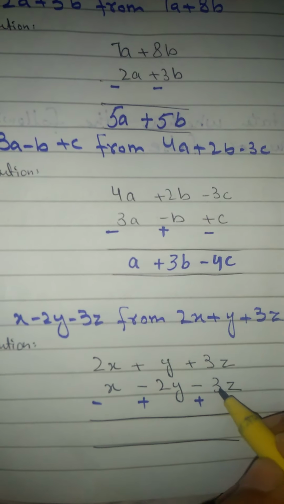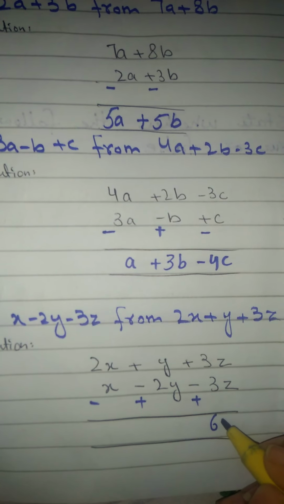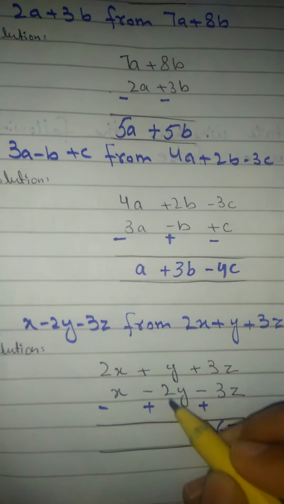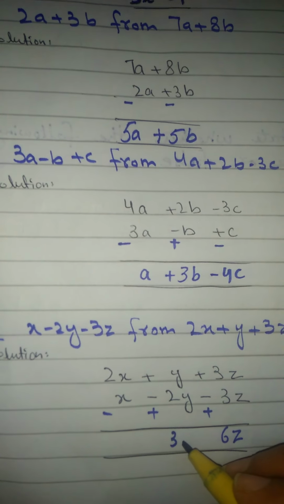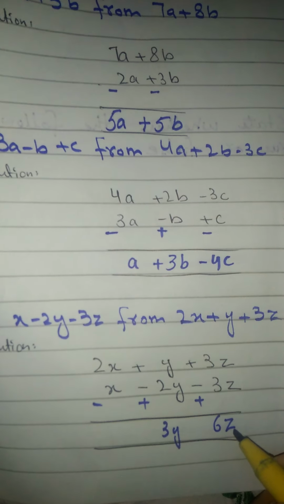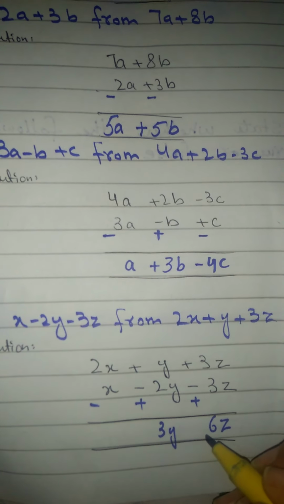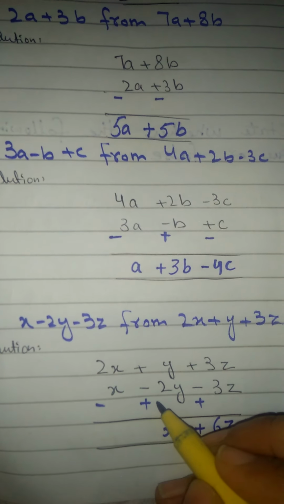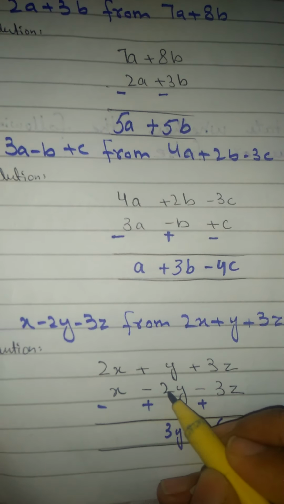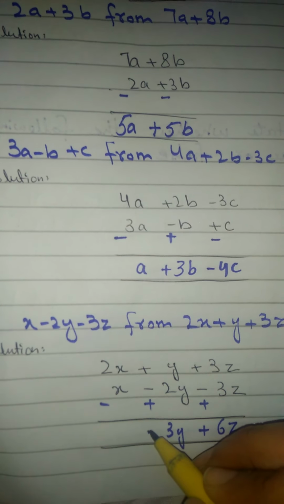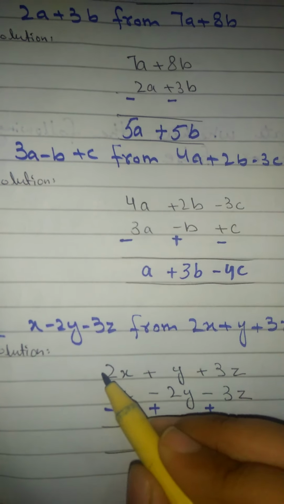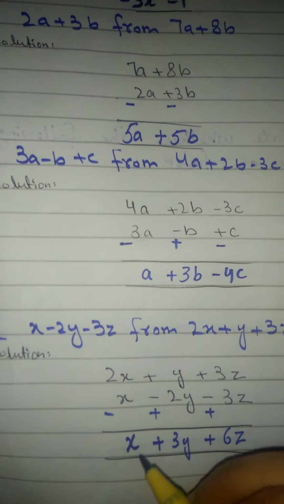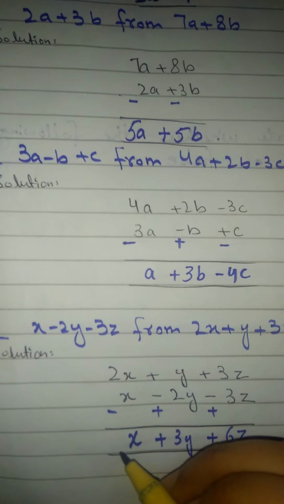Plus plus plus, adding 3 and 3 we will get 6z. Plus plus plus, adding 2 and 1 we will get 3y. What will be the sign of 6z? Both are the same terms having the same sign, so plus will be allowed. Now 2 is the greater value having the plus sign, so 3y has a plus sign. Plus minus minus, 2 minus 1, 1x, x has the coefficient 1, and the sign of the greater value, plus, will be allowed.